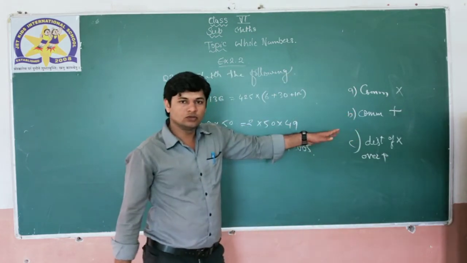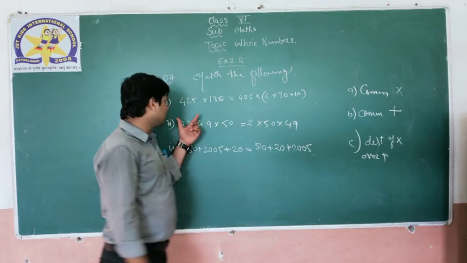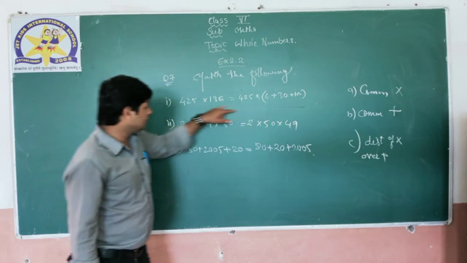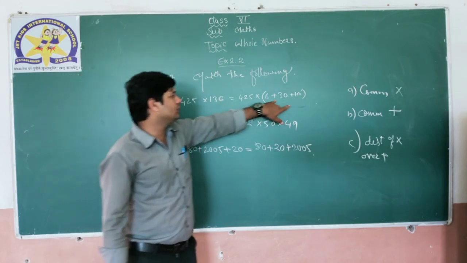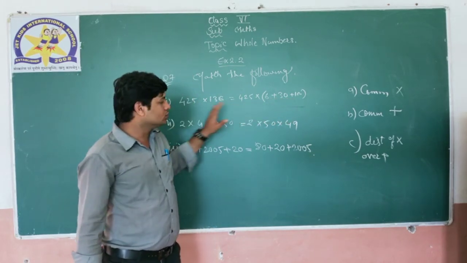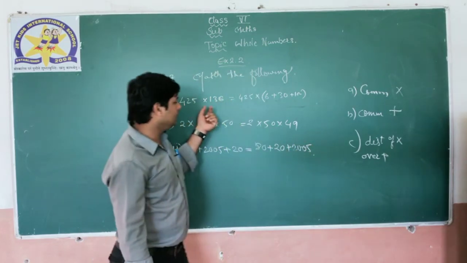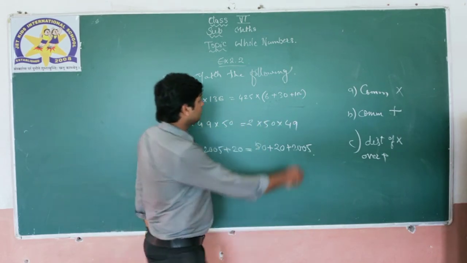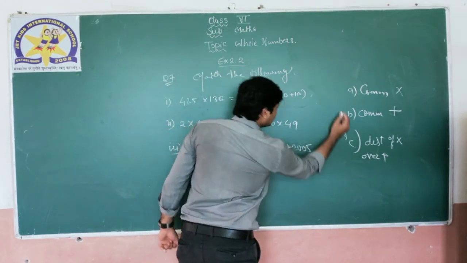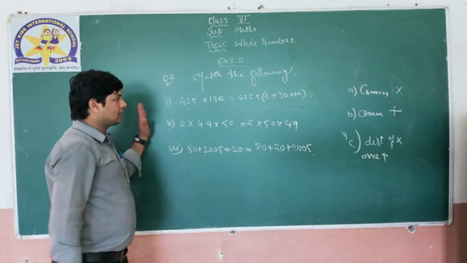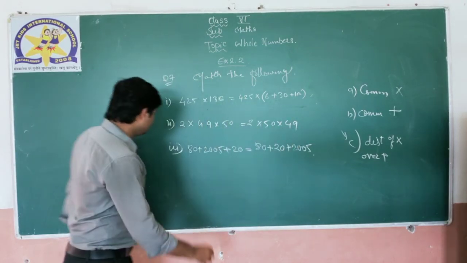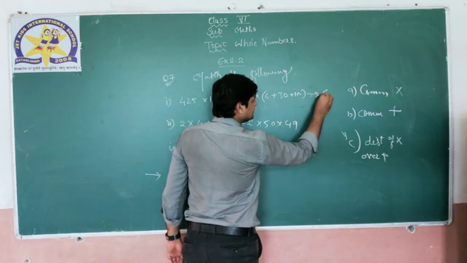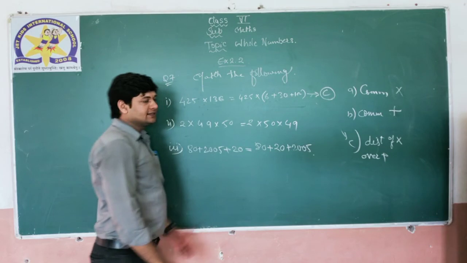Okay, we have a book, so you can check over there. So first thing, see what we have done over here. We distributed 136 into three parts, that is 100, 30 and 6. So it will be completely the distributive property of multiplication over addition. Clear? So here it will be C. So how will you write the answer? You will just write the first question, then write the first column as it is, then write in front of that C as the answer.